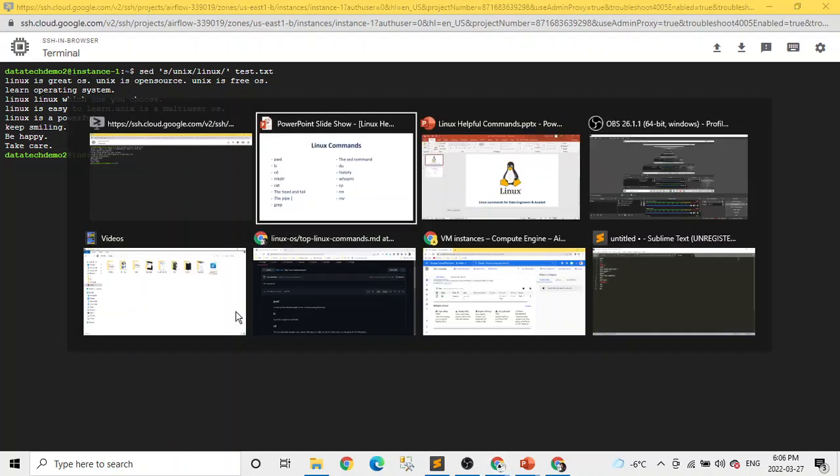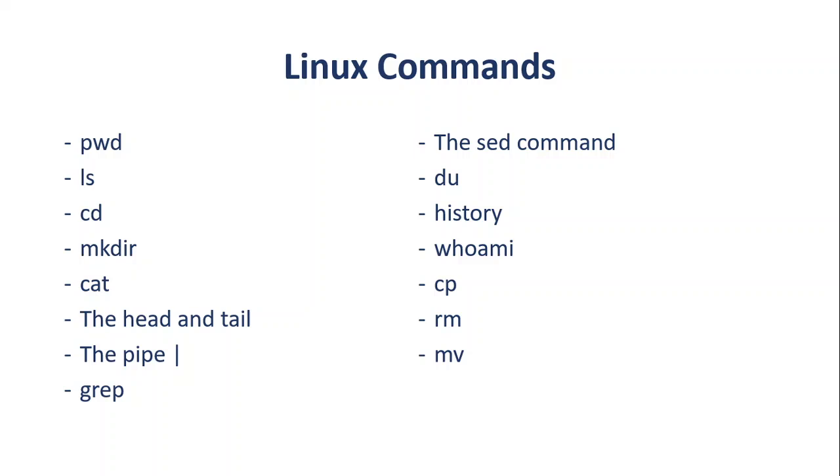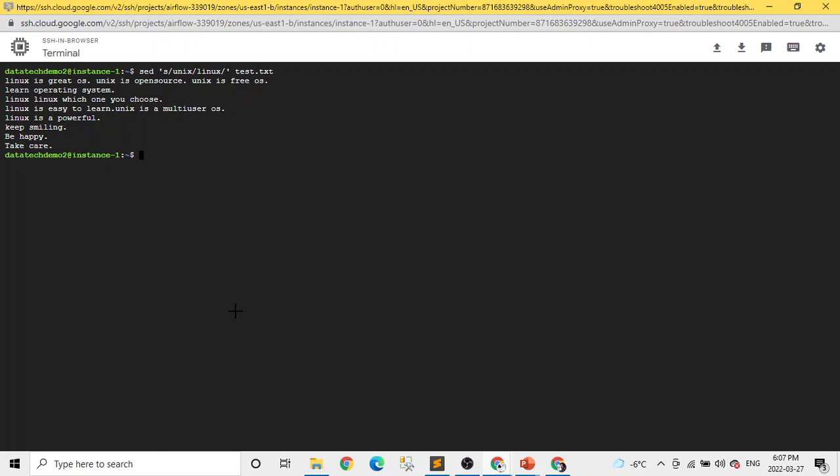The next command we have on the list is du. So this is basically to find the disk usage. Du stands for disk usage, it finds the disk usage summary of a directory and its subdirectories. And believe me, it's very handy